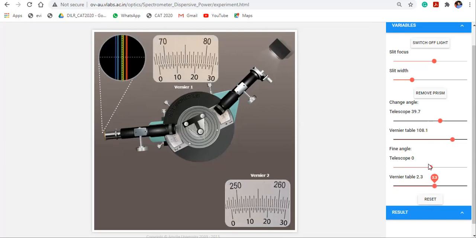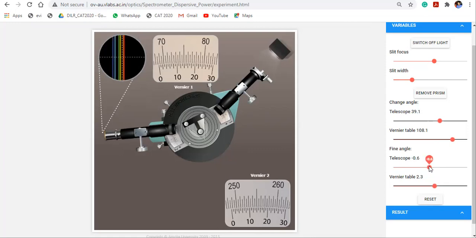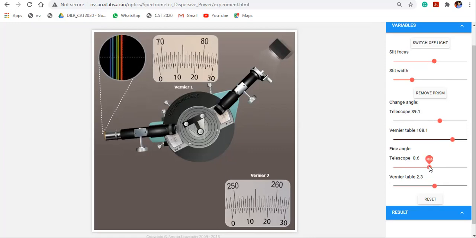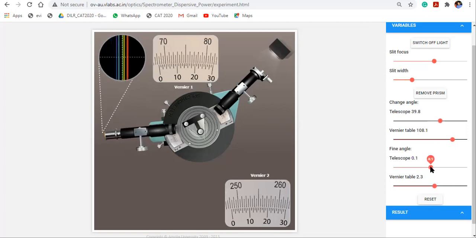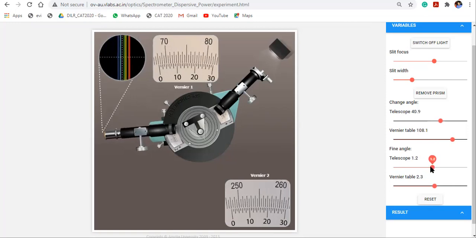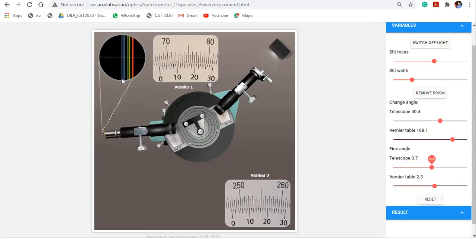Only change telescope. First, place it on the violet light. Note down V1 and V2.